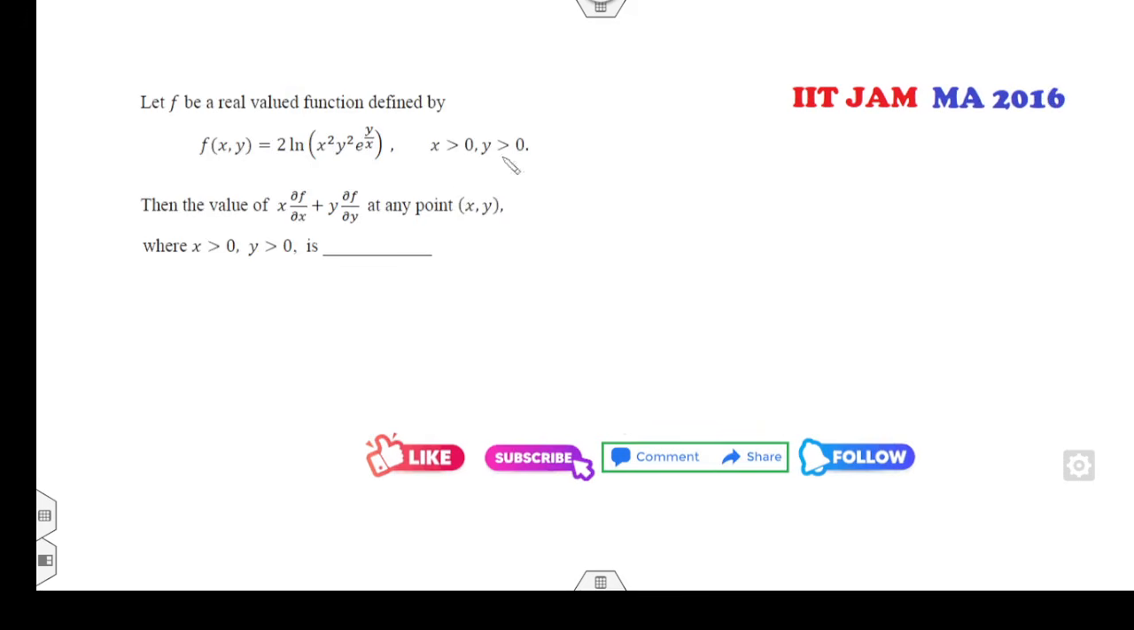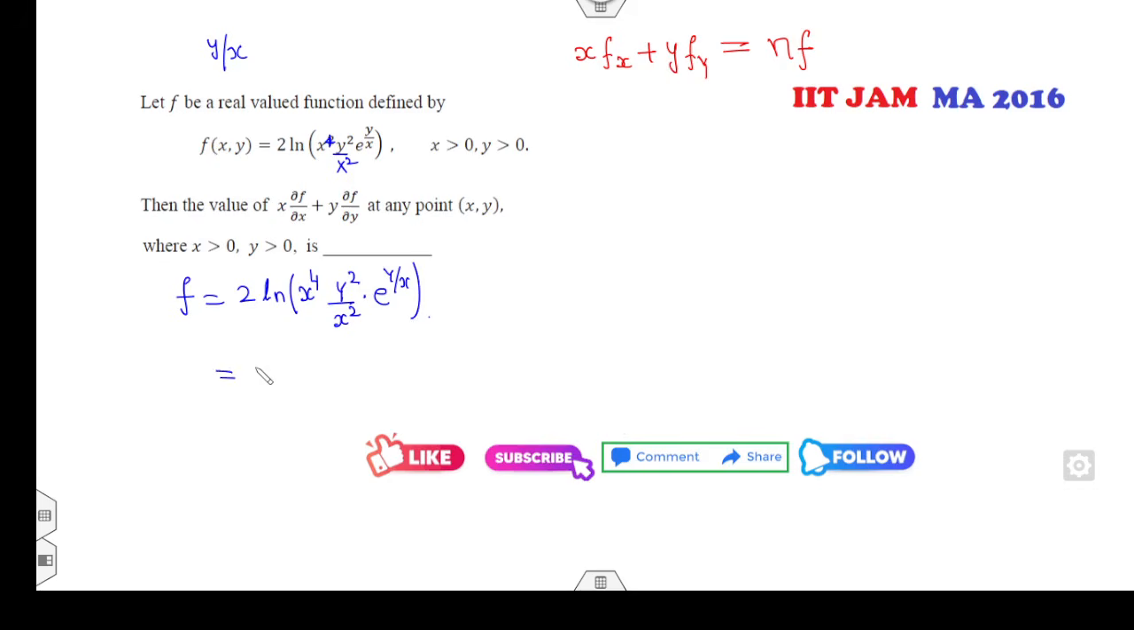Okay, the function is given to you again. Look at that, x fy plus fyx. You have to apply the Euler equation. So write everywhere in the form of y over x. I can divide by x square, multiply by x^4, x square. So that will be x raised to power 4, y square, x square, e raised to power y over x. Fine. Now if I open this bracket, 2 ln 4 plus 2 ln of that's a